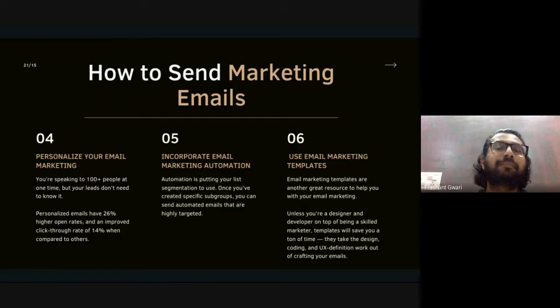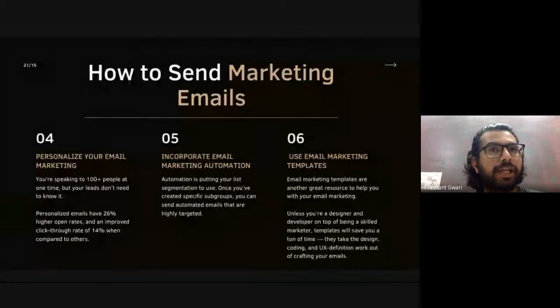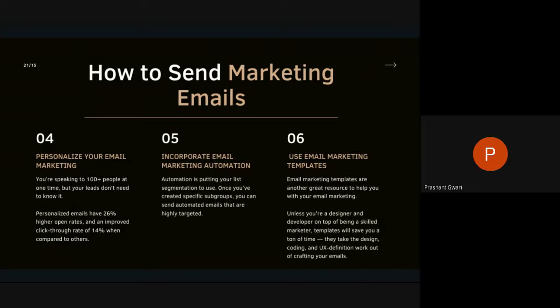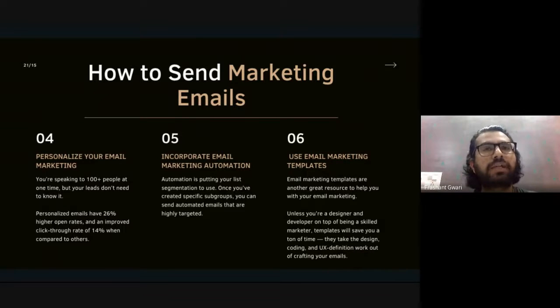It's like the company is directly talking to you. They are making conversation directly with you if they greet you with your name. If you don't have their first name in the email list, you can use a word like hello friend or hello customer. But if you have their name in your email list, always use their first name in the personalization part. Otherwise, go with hey friends, hello customer, something like that.